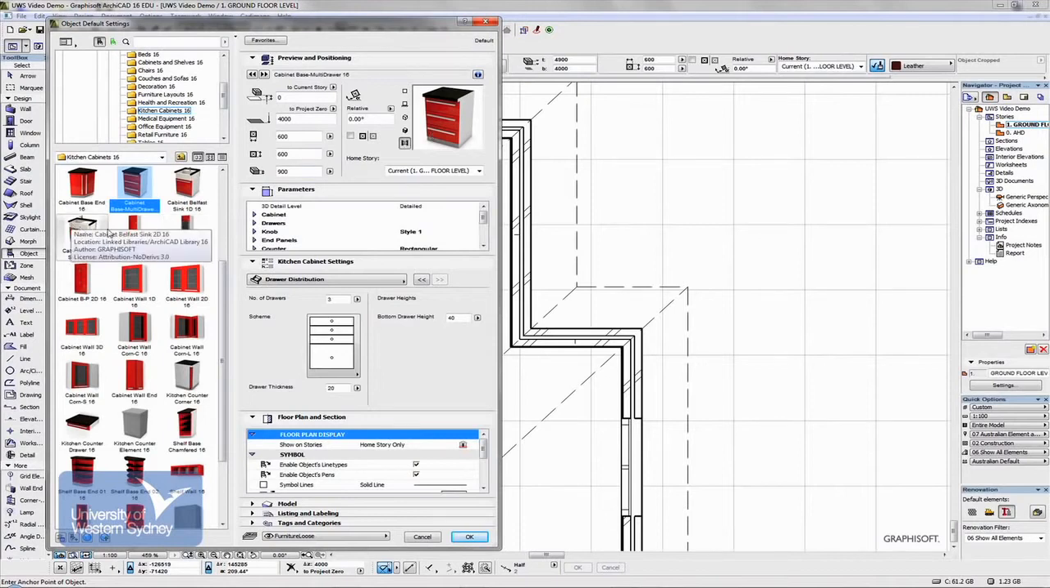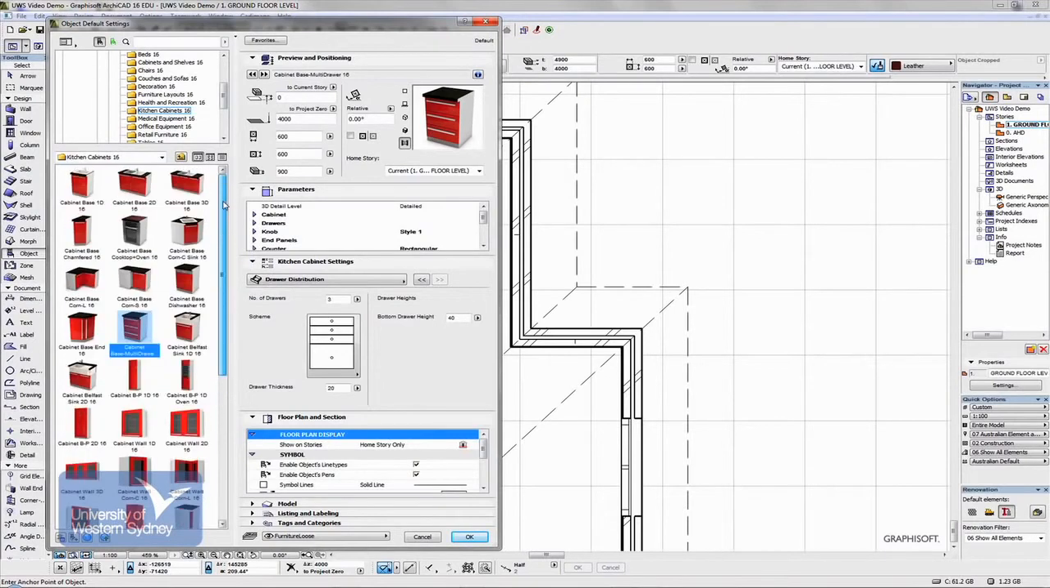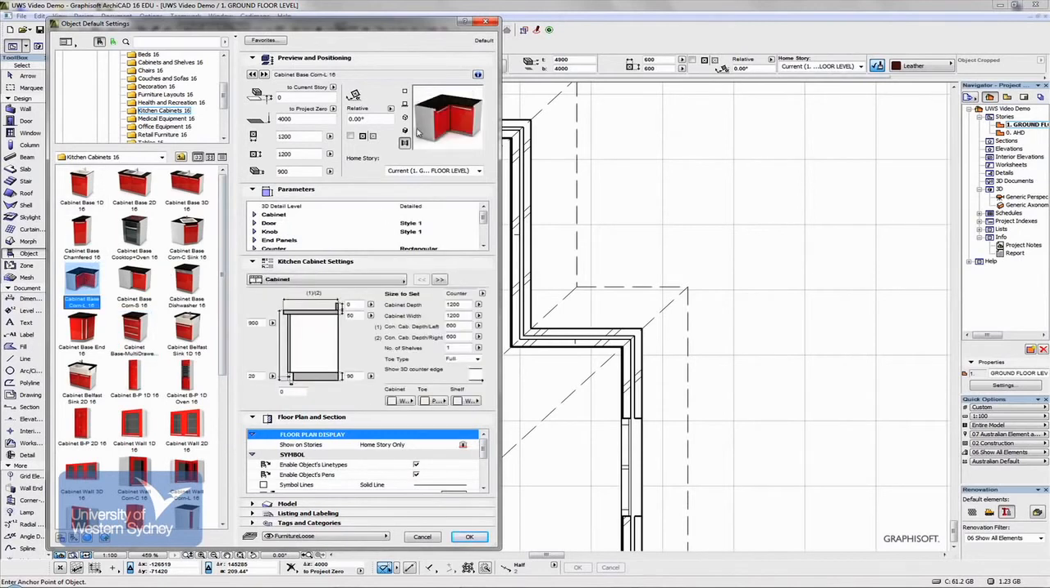Basically, let's start with the corner cabinet. So I'm going to grab, say, this one, and you'll notice that in the plan view there's these little X's, and one of them has got a box around them. That's the one that you're going to be placing the object down onto the plan from that corner. So if I say OK,